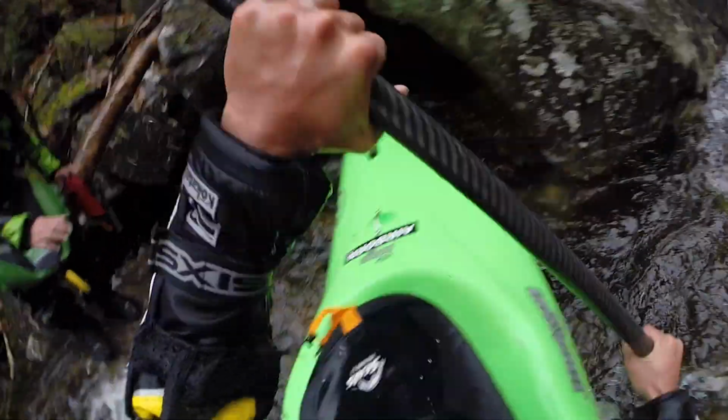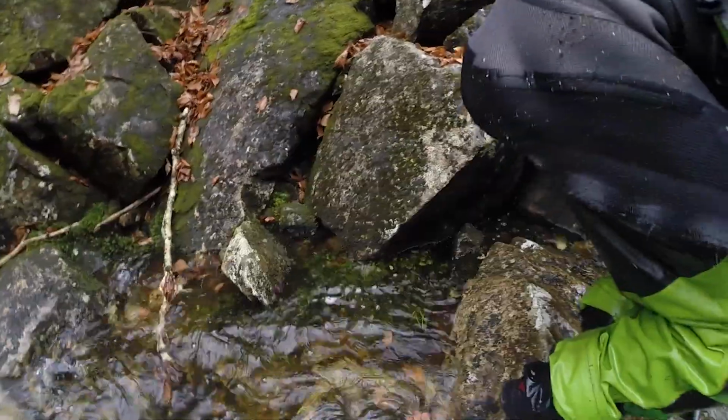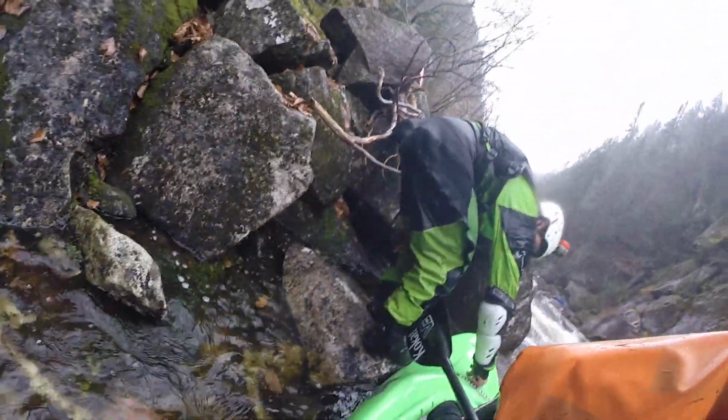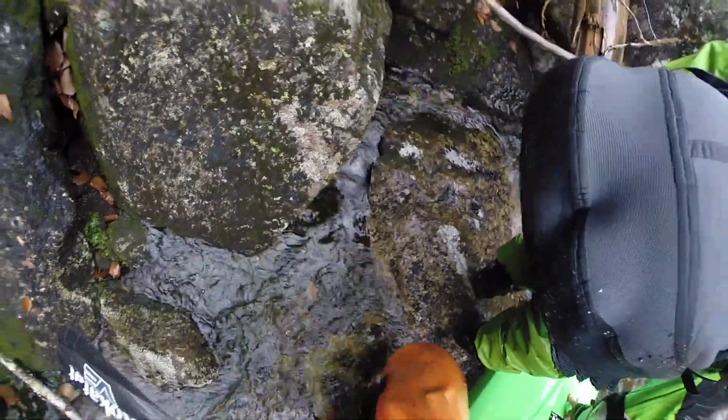So you get kind of two bites of the apple, if you like. Now, the reason I think this is really useful is because you're actually using the same skills that you would use to portage around a rapid, right? You're still carrying your boat, you're still finding your way back upstream or finding a route. You're still going to encounter obstacles that you're going to have to go up and over. And these are the skills that are going to come up most often when you're actually having to portage